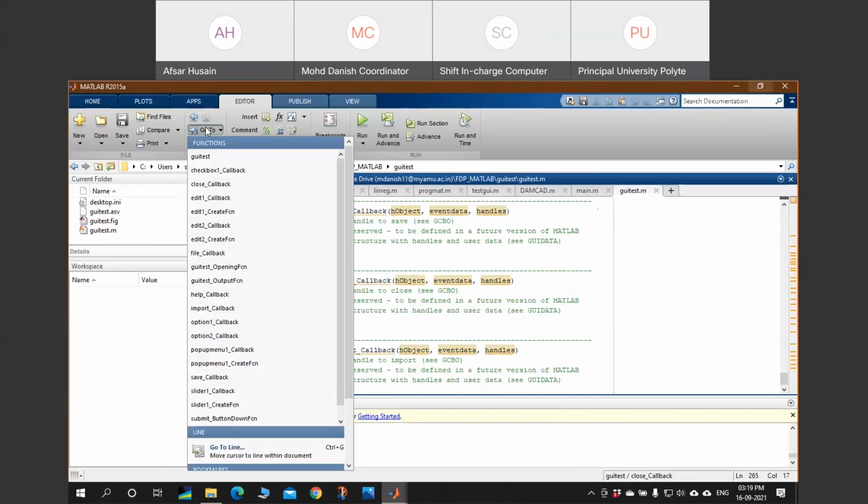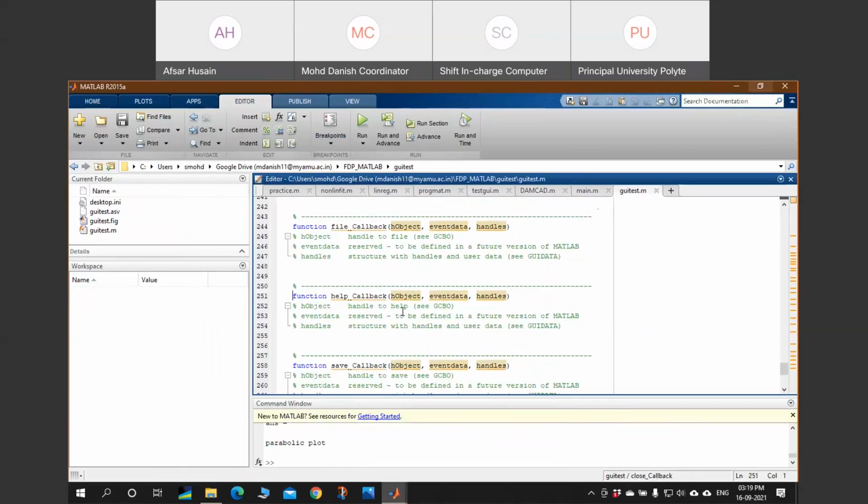So I have to find my help command. So go to and find the help command. So this is the help function. I have to paste my command. I'm pasting it. What this command will do, this will open a file which is located at this location. Okay, it is located at this location with the name 1.1 model generation .html.